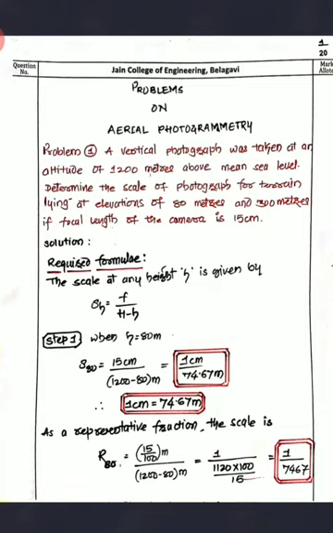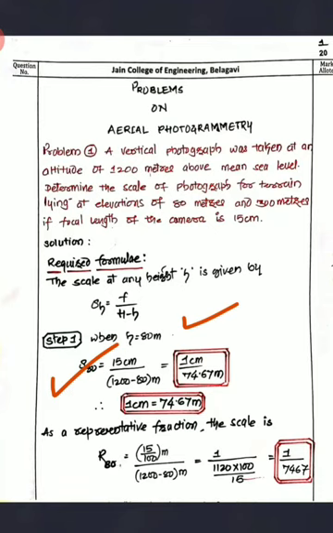The required formula for that is SH. SH means the scale for the particular height, that equals F divided by capital H minus small h. Now this is the formula. By using that formula we are going to get the scale for the two different elevations, one for 80 meter and one for 300 meter. Step number 1, that is h is equal to 80 meter. Now by using the same formula, that is S80, for this elevation 80, you are going to determine the scale.